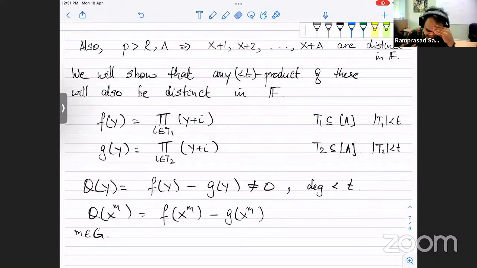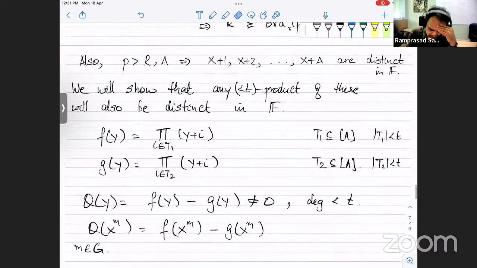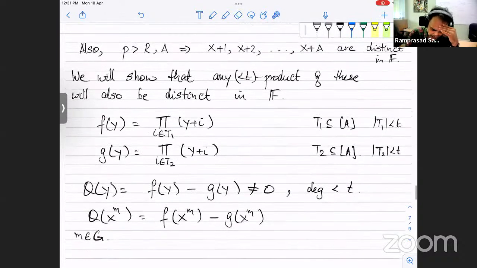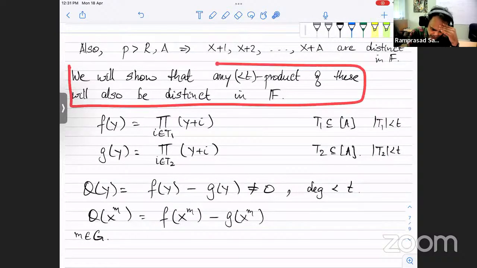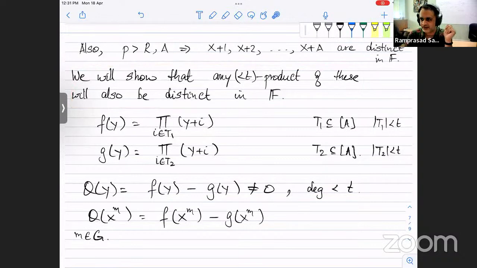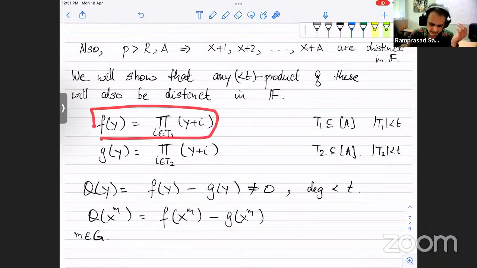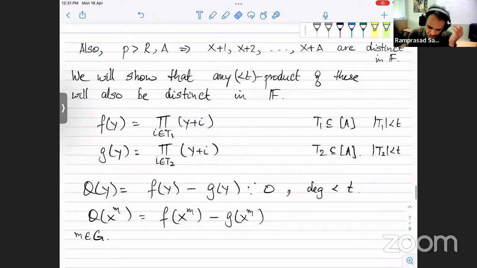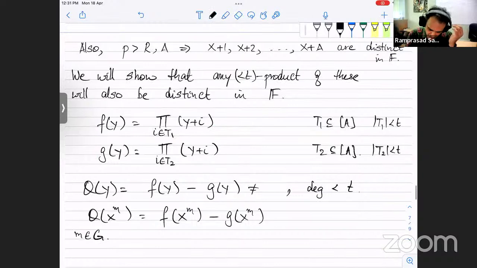Sorry. Let me just step back a little. So we are basically trying to show that these sets of polynomials are all distinct. So on the contrary, suppose someone told us that, look, here is one polynomial and here is a different polynomial. But somehow this is a non-zero polynomial of degree t, but